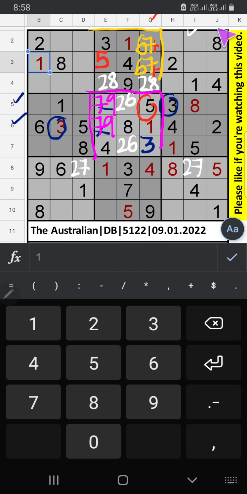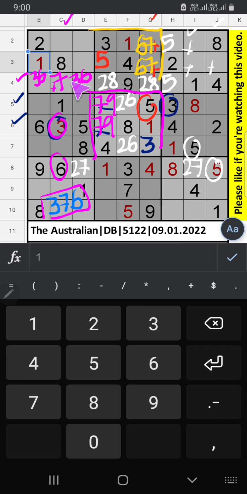Column I and column J, we have 5. So 5 can't come in these cells. 5 will come in any one of the cells. We'll confirm later. Fourth row, 3 numbers are remaining: 3, 7, 6. Column C, we have 3 and 6. So 3 and 6 can't come in this cell. 3 and 6 will come in any one of the cells. Then only one number is remaining, 7. 7 is confirmed here. Column B, we have 6. So 6 can't come in this cell. Then 6 is confirmed here. Then 3 is here.